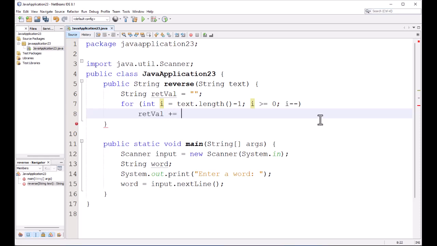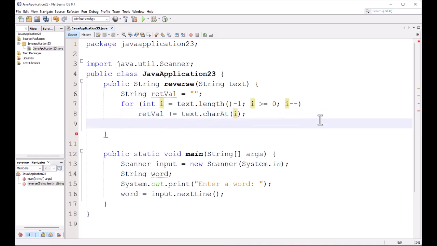Now retval plus equal, you see, I am concatenating, I am adding to this string text dot. I need a character, so I need a charAt at the index i, and the last word is going to be return retval. Now this method, just as a comment,